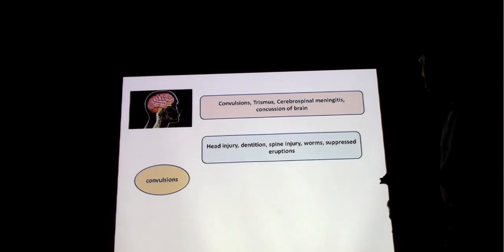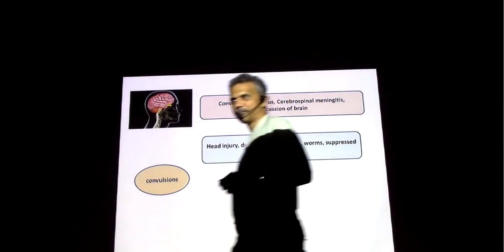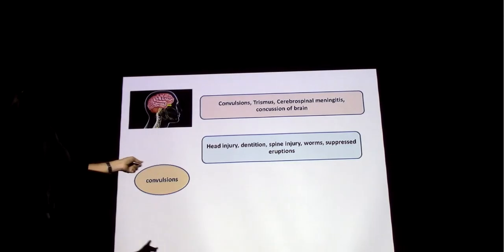The convulsions, head injury, dentition. What is the other remedy that should come to mind? Aethusa. And Aethusa also belongs to the Umbelliferae family. Okay, fine. So ailments from head injury, injury to spine. A better remedy from the list we spoke of, Hypericum. Worms. Cina. In Cina, there can be a lot of neurological complaints coming up because of worms.